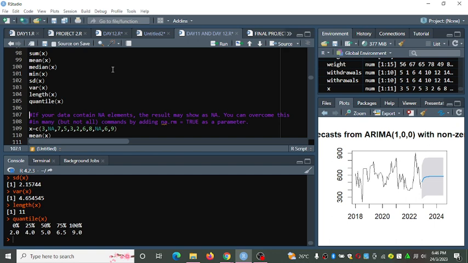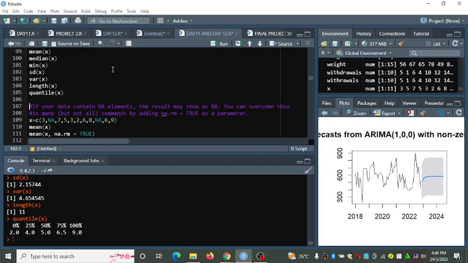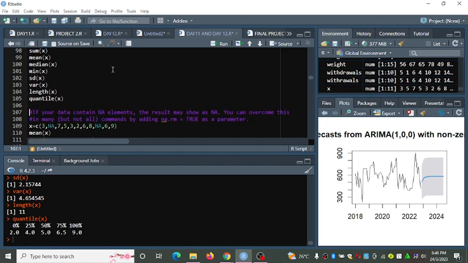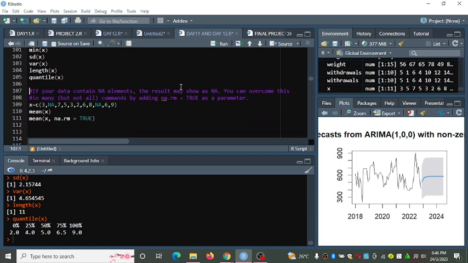And if your data contains a not applicable element, what will happen? We set na.rm equals to true so that the compiler returns only the specific values, otherwise the result may show as NA.